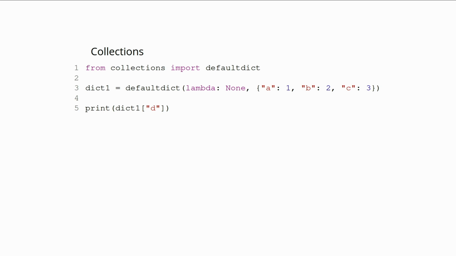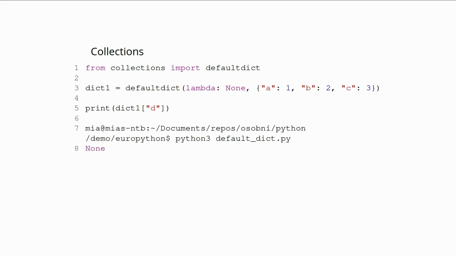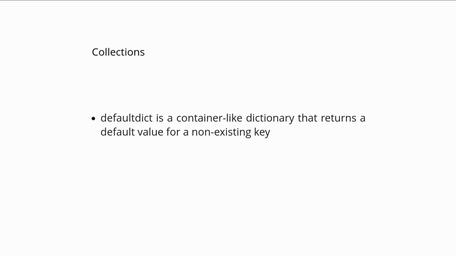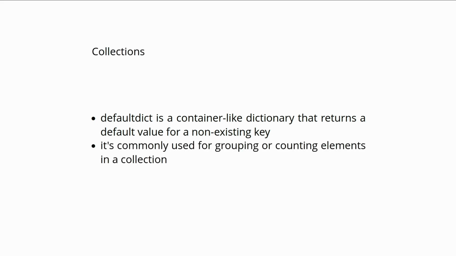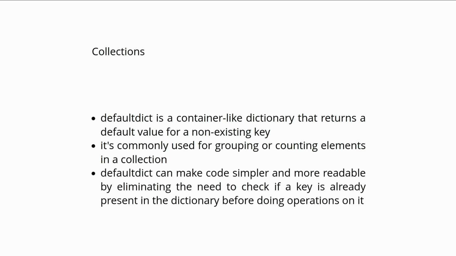Instead, it supplies the missing values with the value that was passed. So in this case, we instructed it to supply the missing values with a none value, and when we run it and try to access the value for a key that doesn't exist yet in the dictionary, we can see that it returns us none, and it doesn't return us the key error. So defaultdict is a container-like dictionary. It returns a default value for a non-existing key. It is commonly used for grouping or counting elements in a collection, and it can make code simpler. It can make it more readable by eliminating the check if a key is already present in the dictionary before